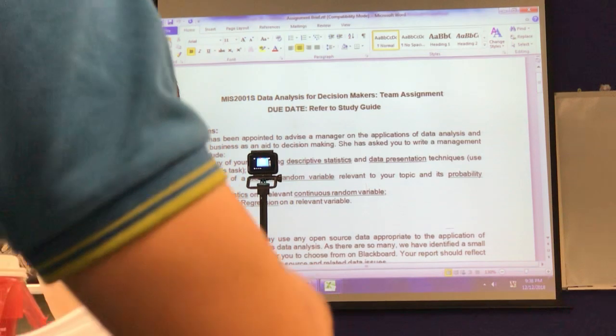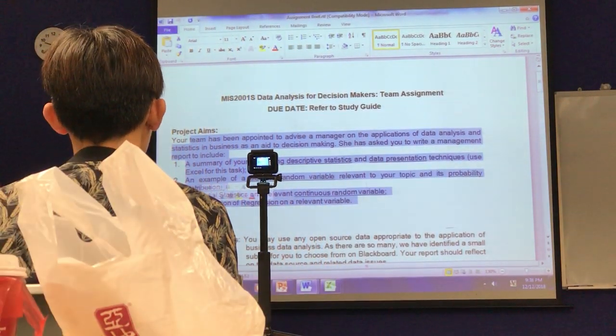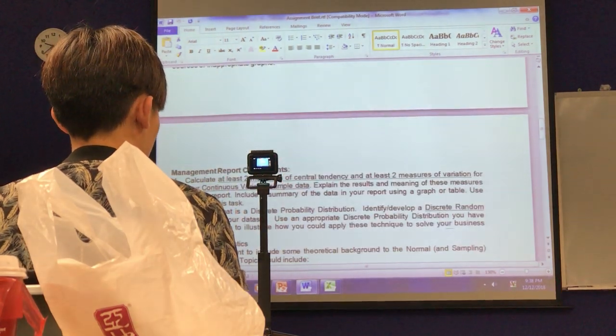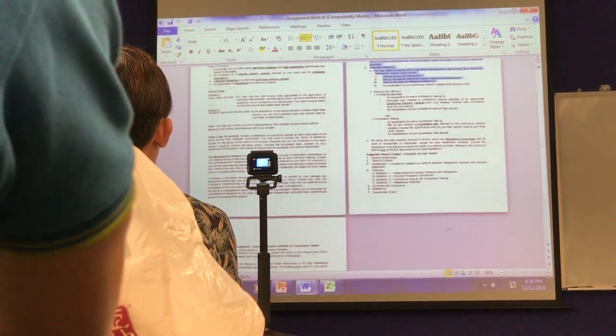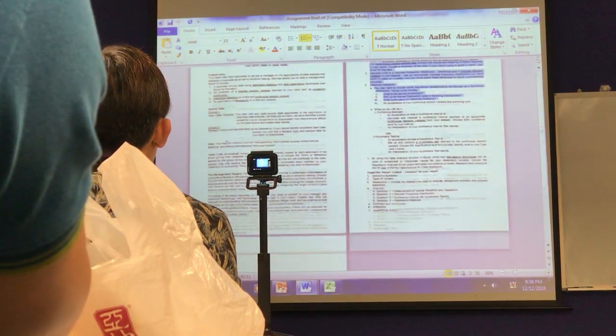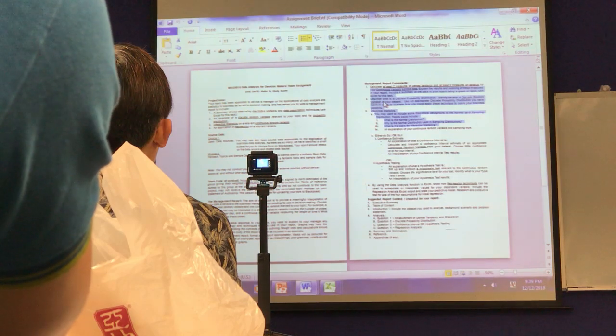So the assignment is basically, you can read all these things here, but let's get down to the point. You have to answer these 4 questions. Let me show the top-down view. The brief is basically 2.5 pages. So over here is what you need to do. Let's enlarge this one. There are 4